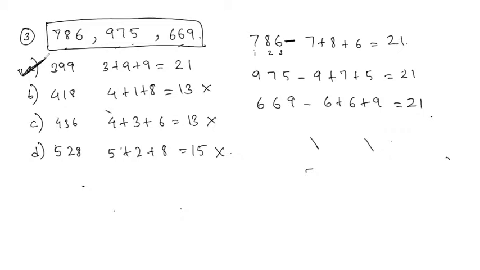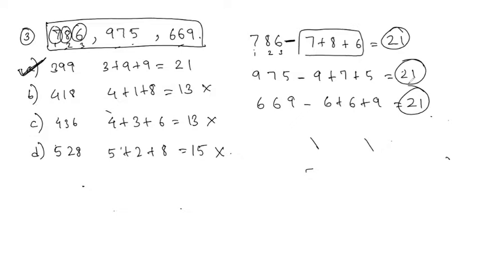Okay, understood. Sometimes this is also a possibility. So you can check for difference, square of number, cube of number. But this you should also remember. When you have such big numbers, also check for sum of digits. Digits means in each number, these numbers 7, 8, 6, they are digits. So check with sum of digits, as there might be a relation. Here the relation is that for all the numbers, the sum of digits is equal to 21.